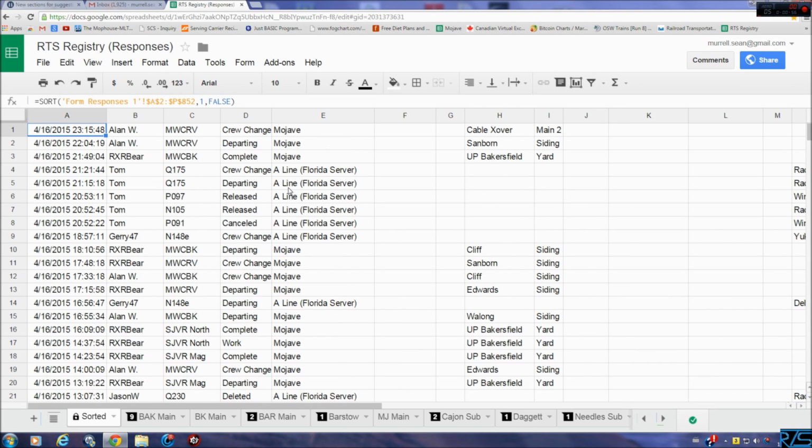I'm going to deal with the California, not the A line, because the A line is pretty much being handled by Tom. As you can see, he's released trains here, so he's pretty much on top of that as best as he can. He's doing a great job. So, California,